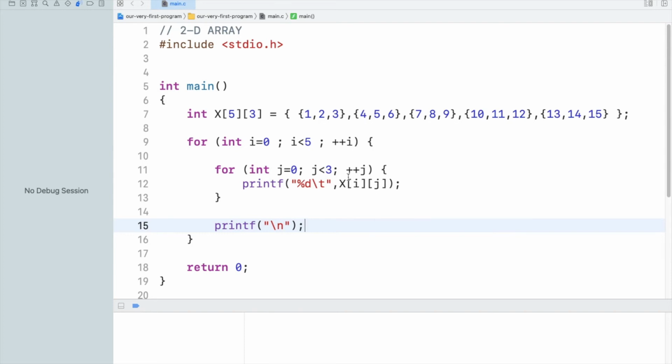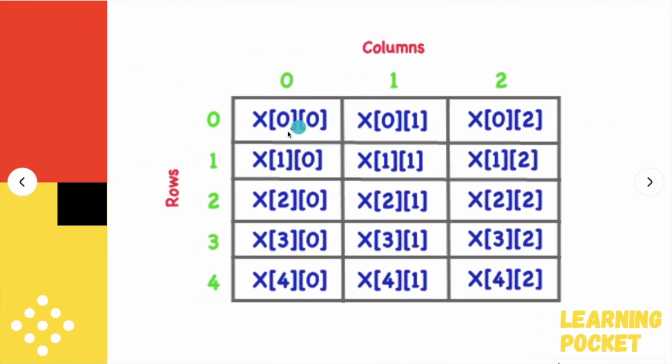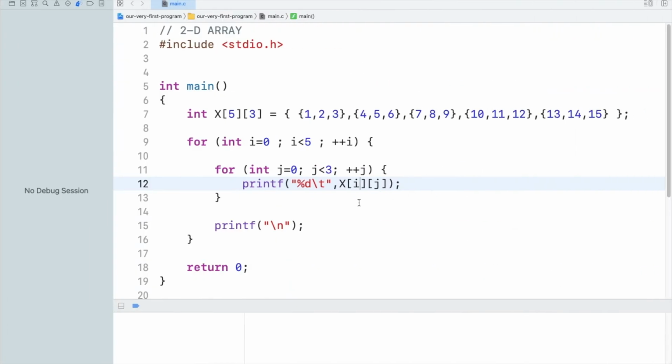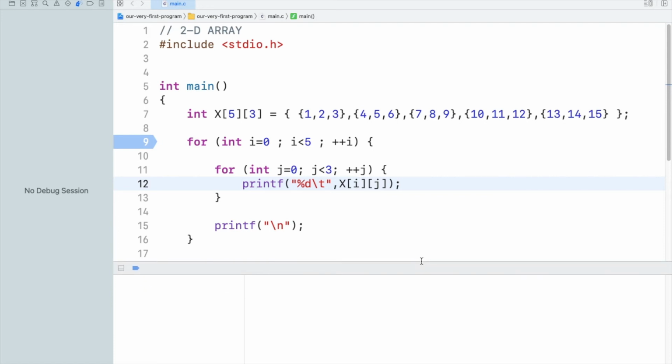And I have specified x as i and j in here. Why i is coming first, because there are a number of rows, and the number of rows is 5, and the outer loop is specifying 5. Since the outer loop is 5, we are going to print the values in this manner, a row wise pattern you can say. We will go with the execution after we have printed this. Okay, let's see what we have as an output.